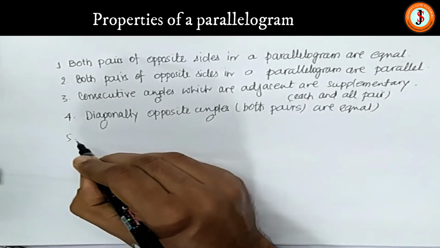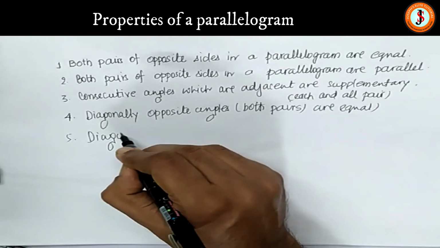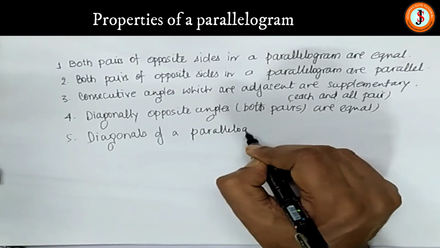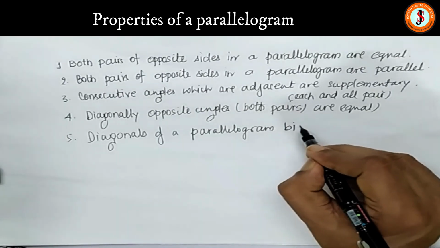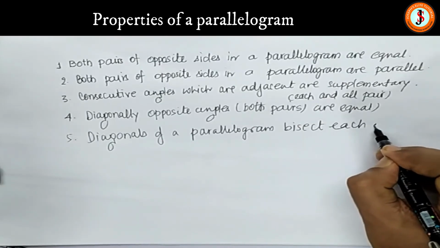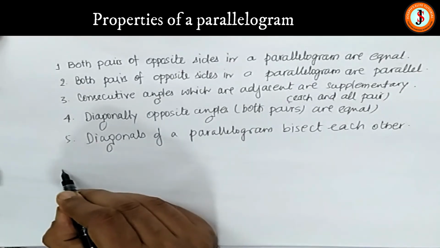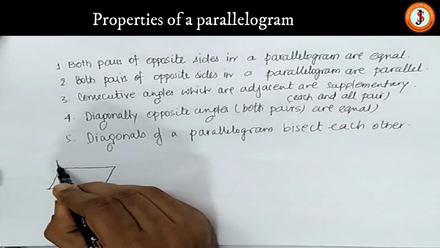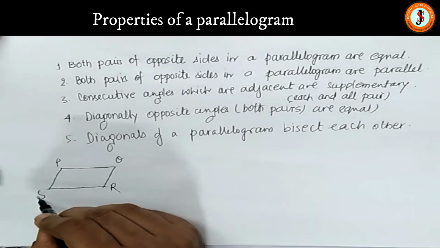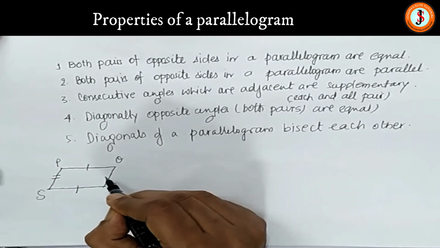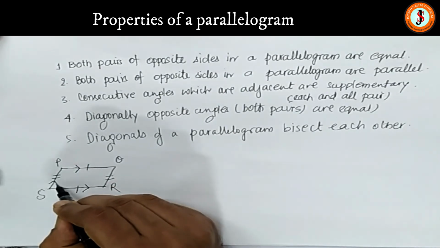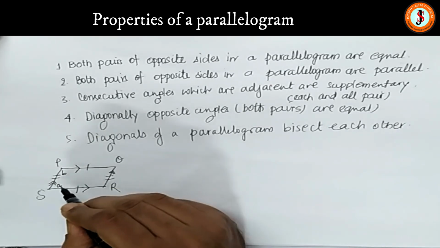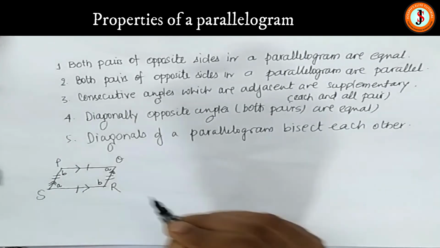Then the final is diagonals of a parallelogram bisect each other. Always, children, bisect each other. So always, children, suppose you are making a parallelogram, you remember these properties. First make a fresh parallelogram, PQRS. Whatever you can mark equal, you mark. This is always equal to this, this is equal to this, this is parallel to this, and this is parallel to this. If this angle is A, this is B, then A plus B is 180, and this is A, then this is A, and this is B, then this is B.